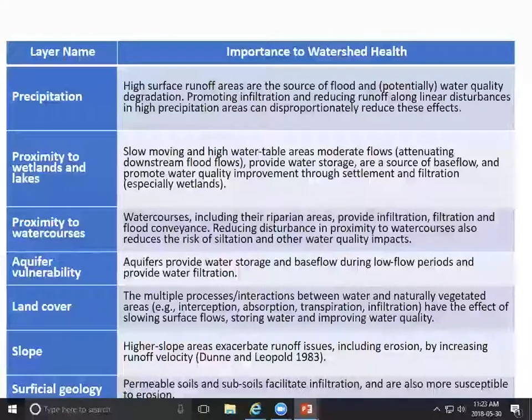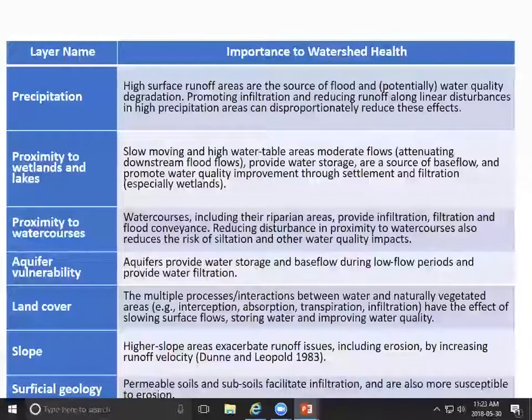The assumption here was that native vegetation is going to do a better job of both storing water, and also filtering water and slowing it down, than developed landscapes like roads or concrete, or even farmland that may provide some benefit, but often can also provide water quality issues if there's runoff